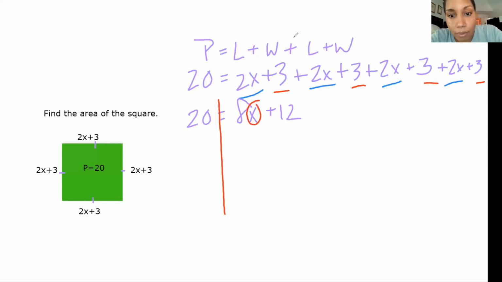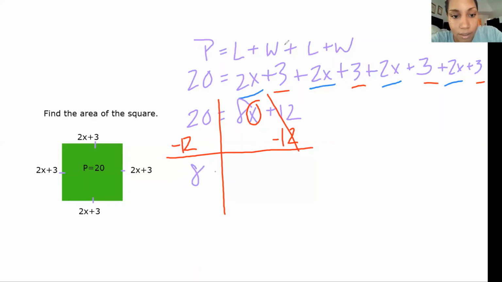So how do we do that? Well, firstly, we're going to have to subtract something from both sides so that we can get x by itself, and we're going to subtract 12. Why are we subtracting 12? Well, 8x is plus 12 in our equation, and so we need to do the opposite of plus, which is minus. So that's why we're minusing or subtracting 12 from both sides. And whatever you do to one side, you got to do to the other. So these are going to cancel out, and we're going to be left with